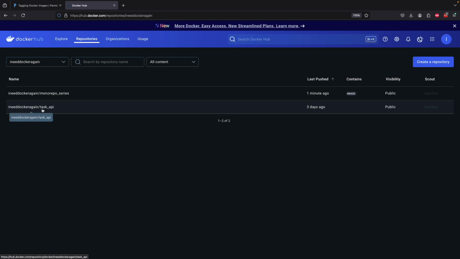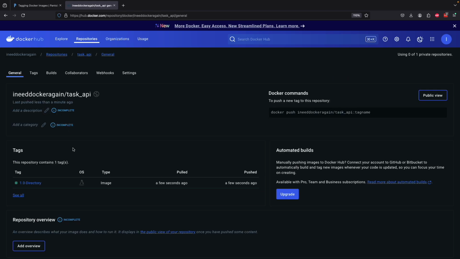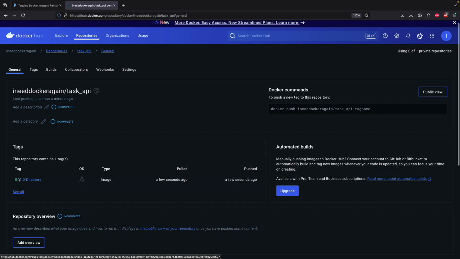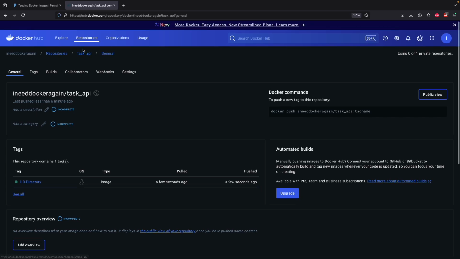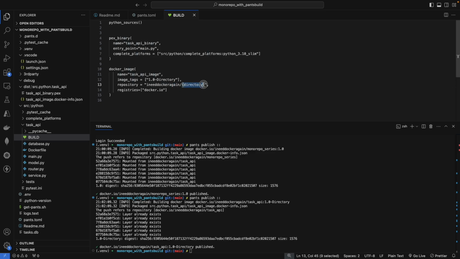Yeah, this is where we'll push it to. I can open that and I can see that that's been tagged. Now you notice that that was tagged based on the folder name, which is task underscore API. And that's because inside my VS Code, in that target, I specified this task underscore API directory. So you see that here, I'm able to say whatever the folder name is. And this is really great because now you can dynamically push to the repository that you want, and you can dynamically just specify